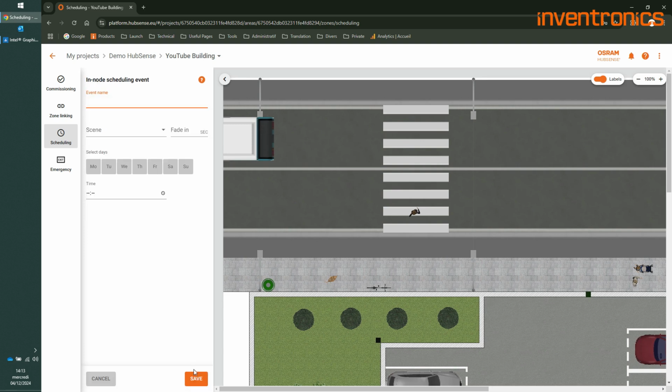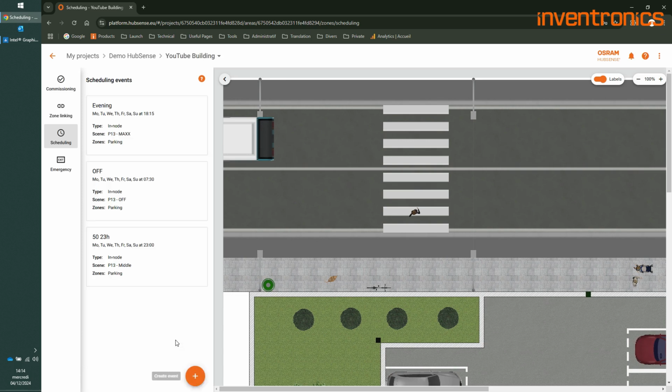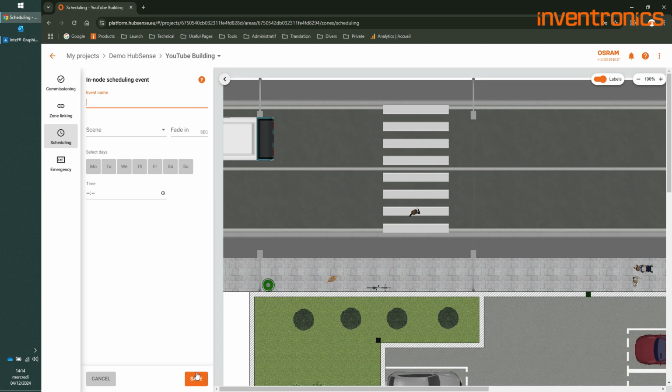I will lower it to 50% at 11 p.m. Then raise it again at 4 a.m.